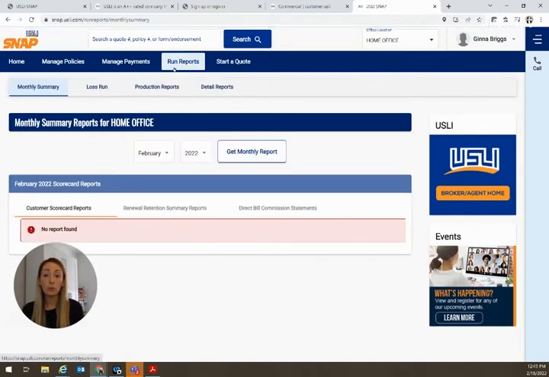Next up is Run Reports, and this is really just a wealth of information. You can run, for example, your customer scorecard, which will be your office's written premium with USLI in a given month or year to date. You can check in on your renewal retention, your direct bill commission statements. You can run loss runs, and you can also look at your production reports and detail reports, which will show